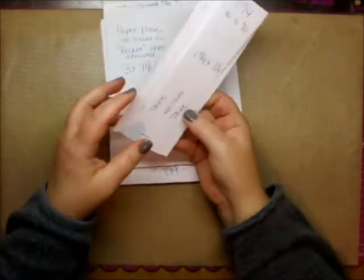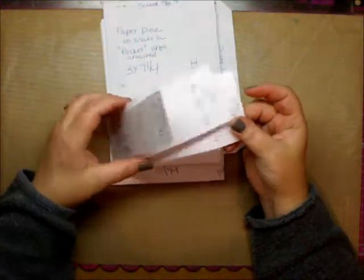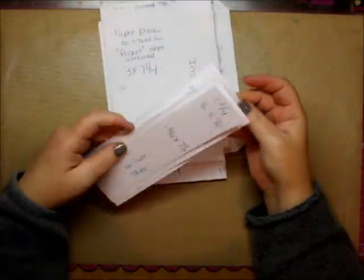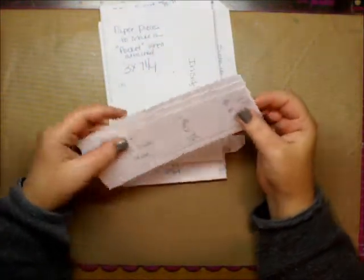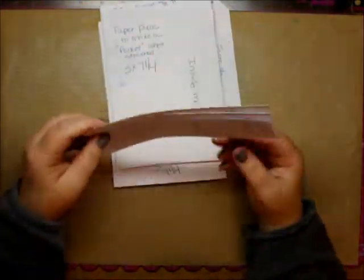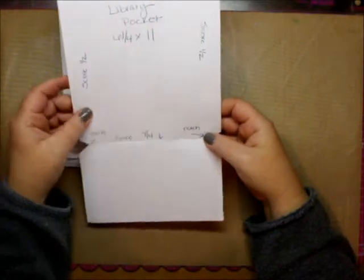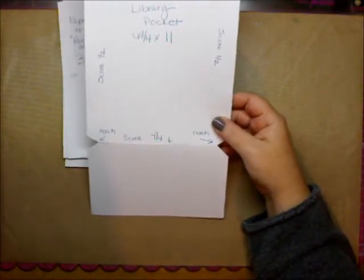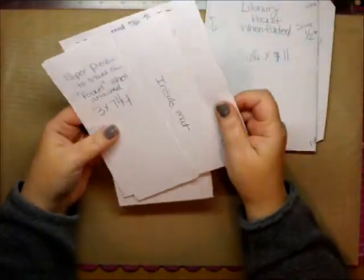I'm using Laura from Following the Paper Trail's hinge binding system. She has a great tutorial on that, so that I'm using from her. And then I'm also using in the mini album a library pocket that I had seen Kathy Orta do quite a while ago. Besides that, I just made some templates here, pockets to go